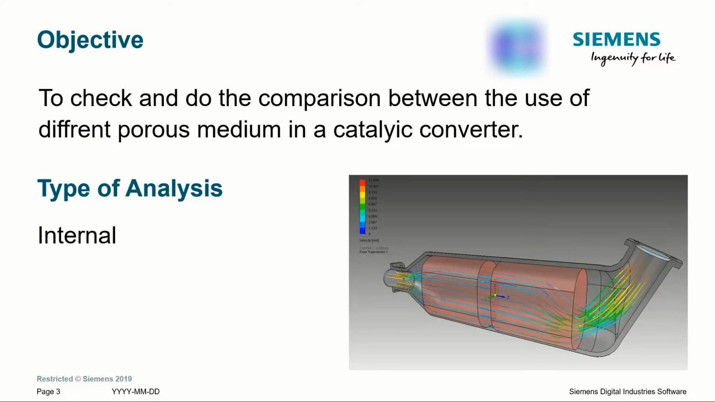The objective of today's session is to check and compare the use of two different porous media in a catalytic converter, and the type of analysis is internal. In the last example of the wall, we saw how we can check the wall resistance or pressure drop because of an existing model resistance. This learning will help us in today's session,